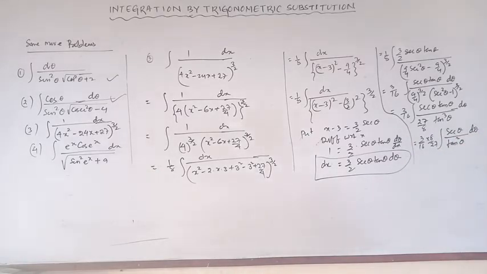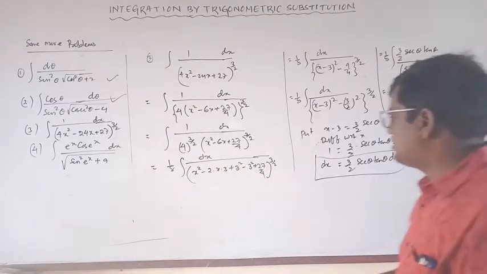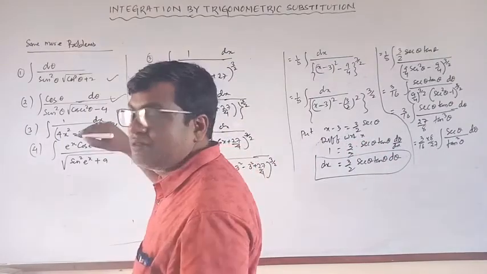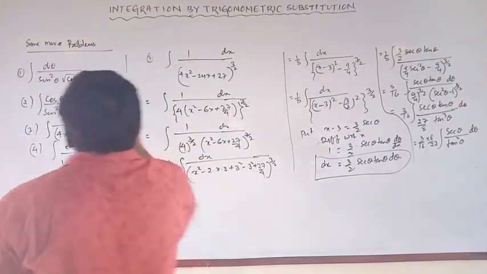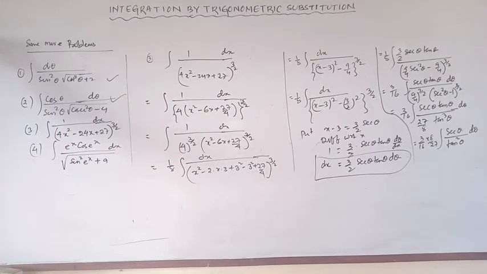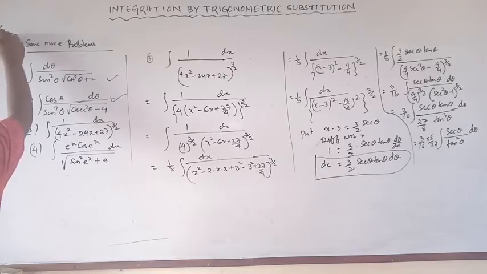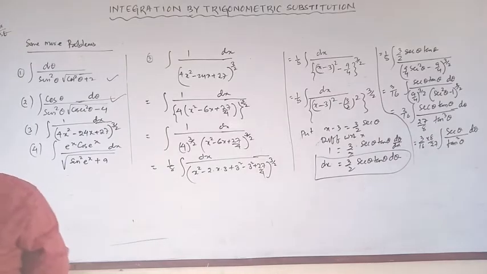Clear? So derivative of tan theta is equal to what? Derivative of tan theta is equal to... This is sec theta by tan square theta. Sec theta by tan square theta means 1 by cos theta divided by tan square theta, means 1 by sin square theta. So this is equal to sin square theta by cos theta, sin square theta by cos theta, sin theta, tan theta into sec theta.